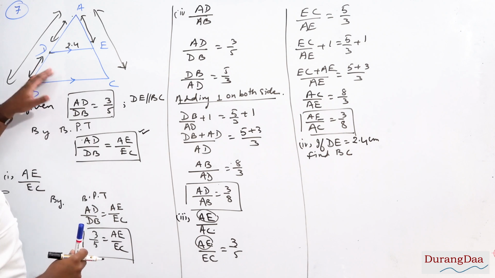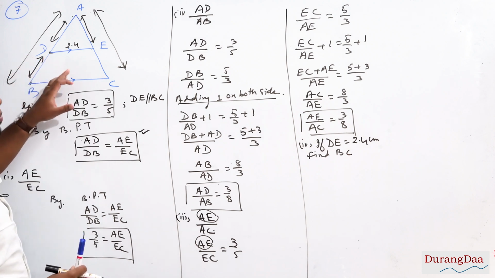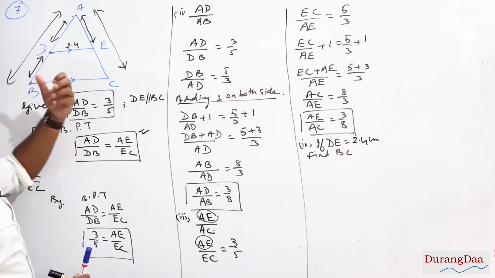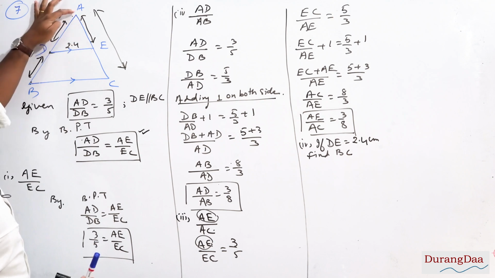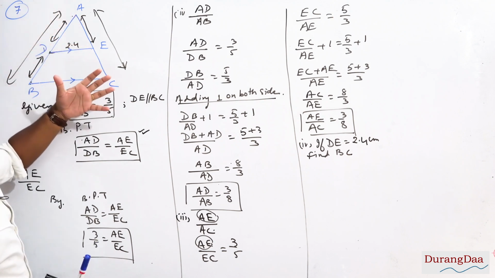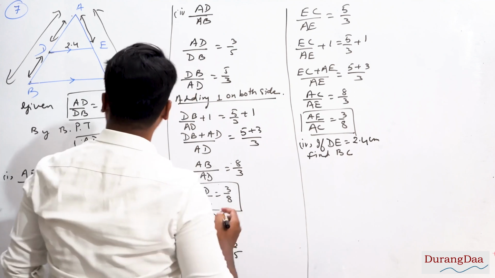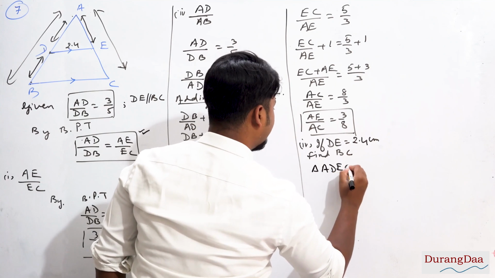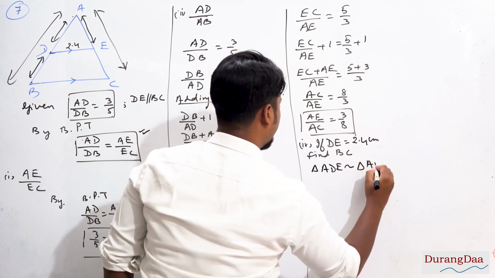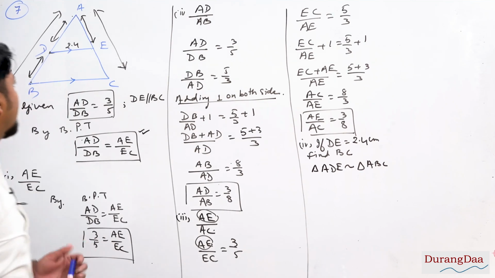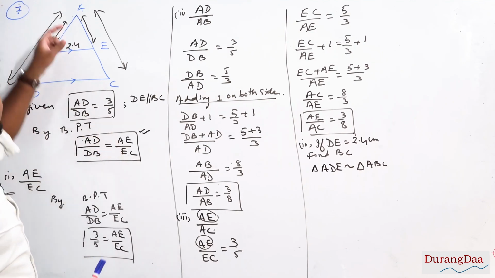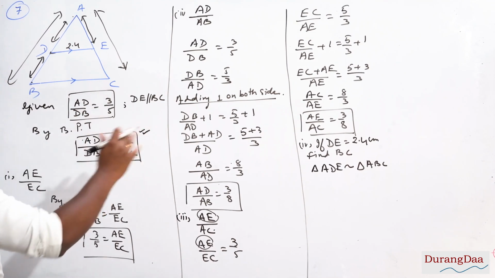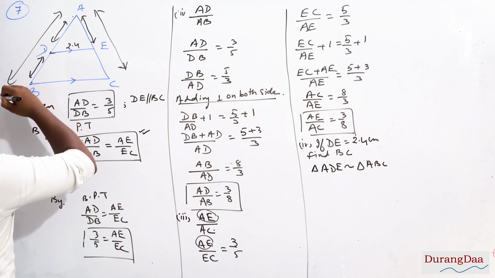Clearly here you cannot use the basic proportionality theorem, because the ratio of the base side will come only after proving triangle ADE and triangle ABC similar to each other. So in short I will just do triangle ADE similar to triangle ABC, because this is a very simple figure. You can just do it in your rough copy and try to prove them similar step by step, but I am doing it directly here because this is a long question, and the figure also is not that complex.